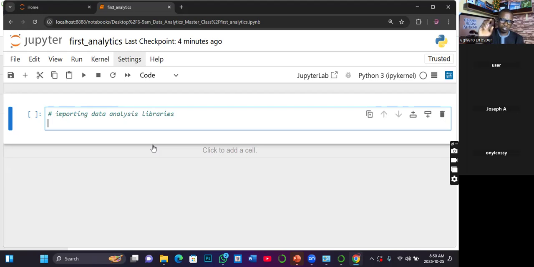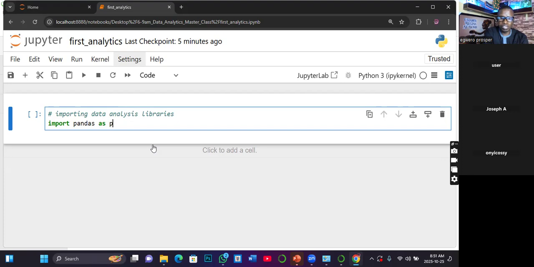Now, don't forget what I told you before. Libraries are a bunch of functions, function storage, which means that we are calling a bucket of functions into the notebook. So what is the syntax? How do we initiate it in this notebook we are working with? We are going to say import. Import is a keyword. Once you see it in green color, it is a keyword. Okay, so import pandas